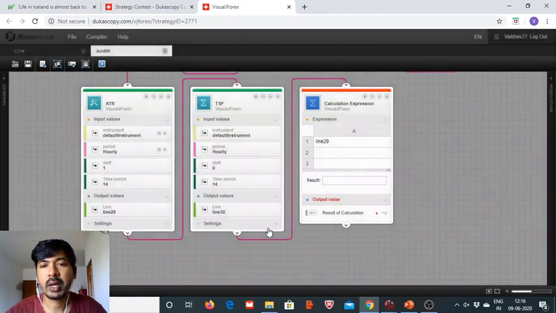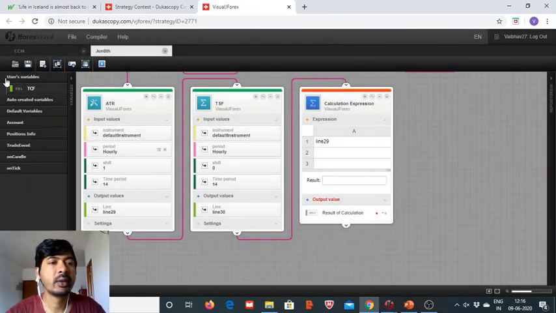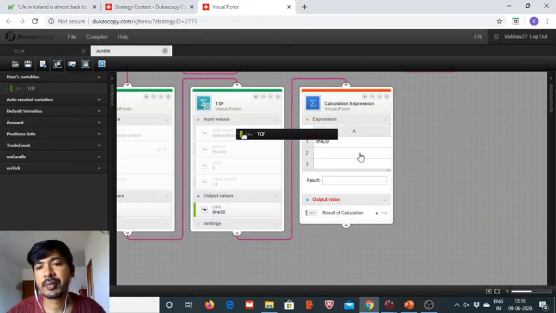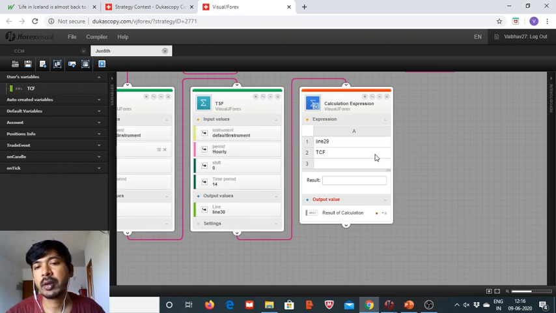So we have to multiply the ATR range, and this will be our stop loss, A1 into A2,